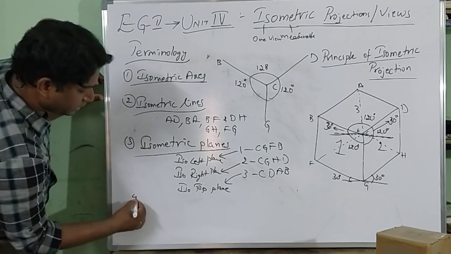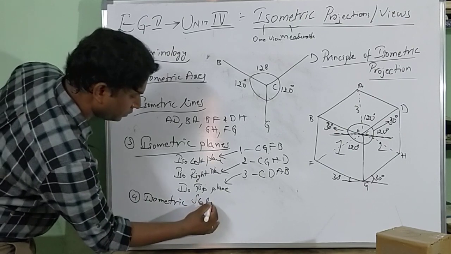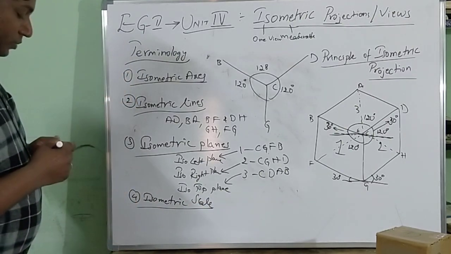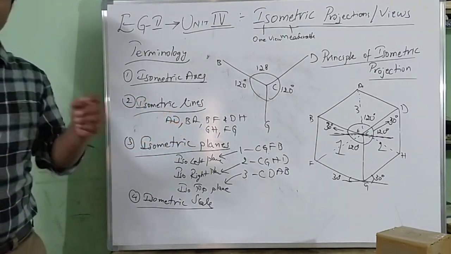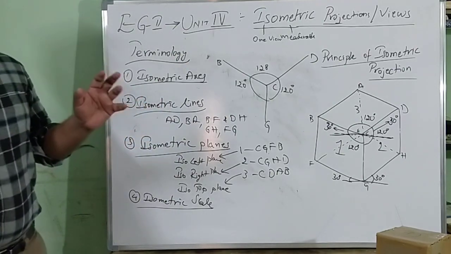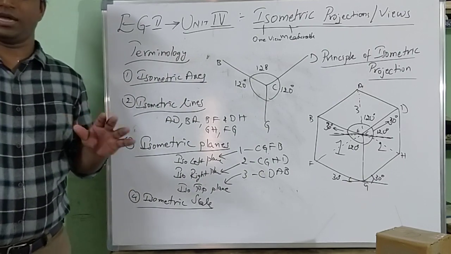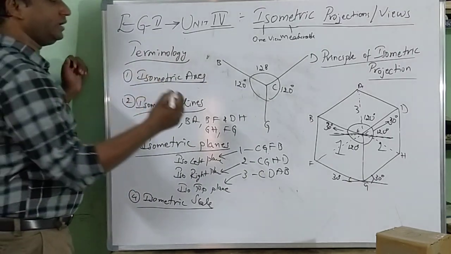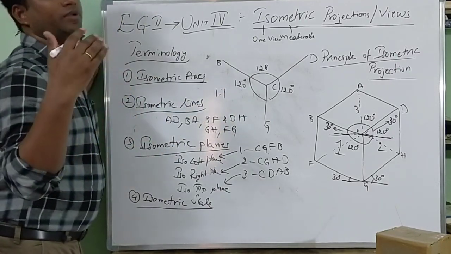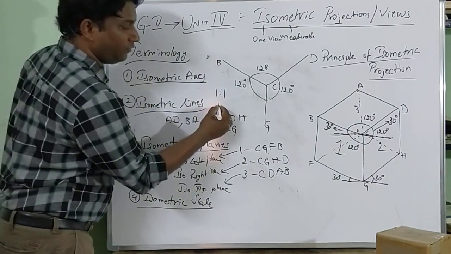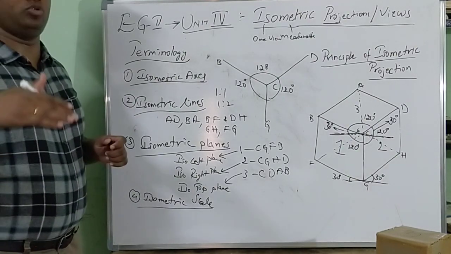Next important terminology is the isometric scale. What is meant by isometric scale? Coming to the simple definition, scale is not just a measuring device; scale is the proportion of original length to diminished length. You all remember scale. You write in the graph sheets 1:1, nothing but equal ratio. All drawing sheets drawn with respect to actual dimensions are 1:1. If 1:2, that is one dimension being two times, or a proportionate size.